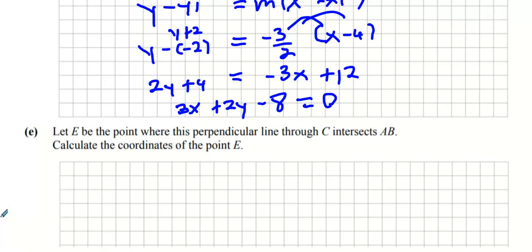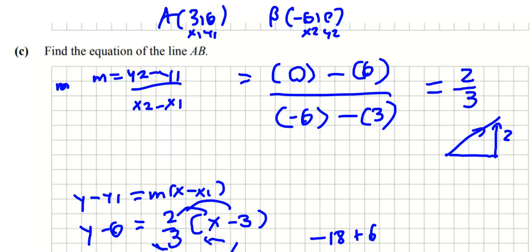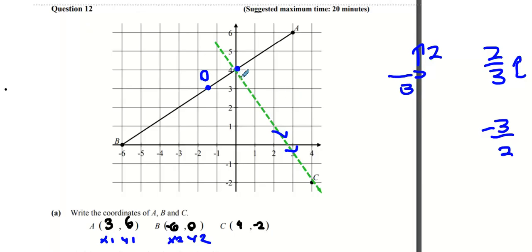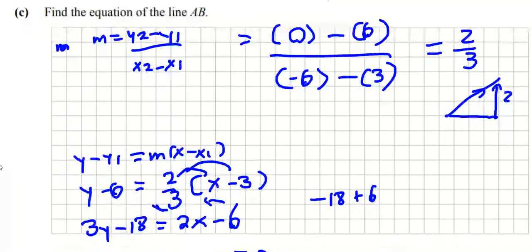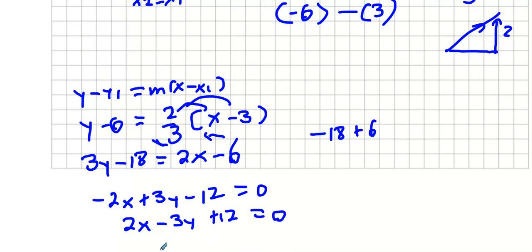E is the point where this perpendicular line through C intersects AB. Find the coordinates of the point E. Okay, so you want to find out where this green line intercepts the black line. Now I have it drawn so well that I know it's going to be 0, 4, but I'm meant to do a simultaneous equation to find that answer. So I'm going to take the equation of line AB. See this 2x minus 3y equals plus 12, so I'm going to change that to,